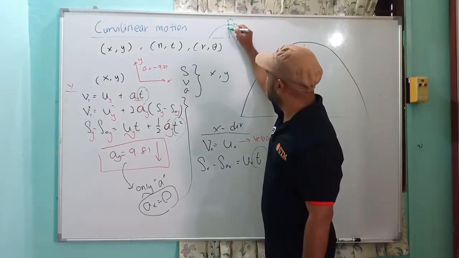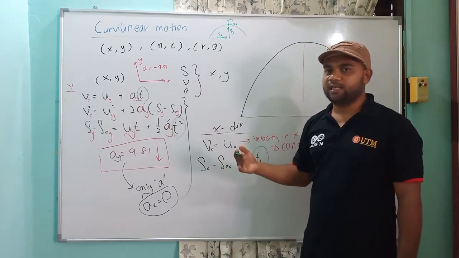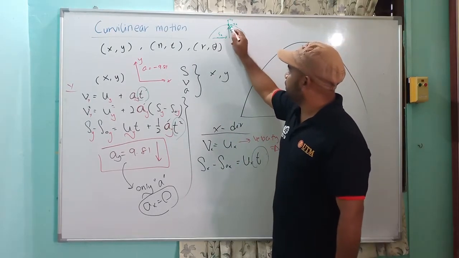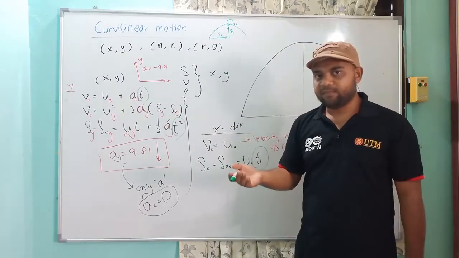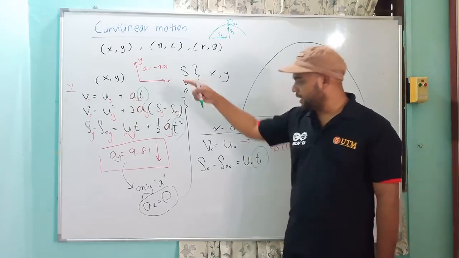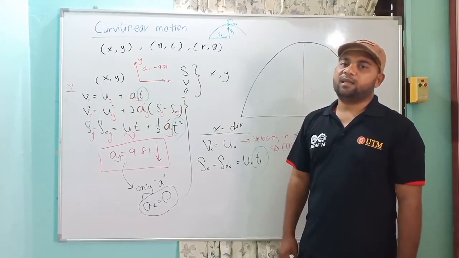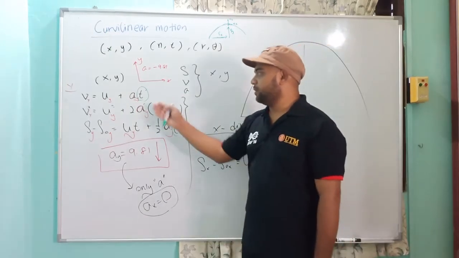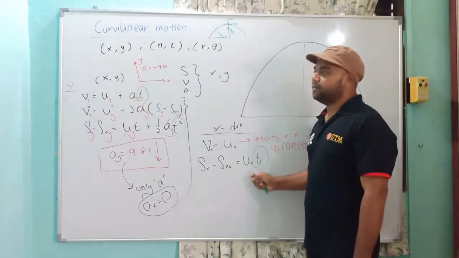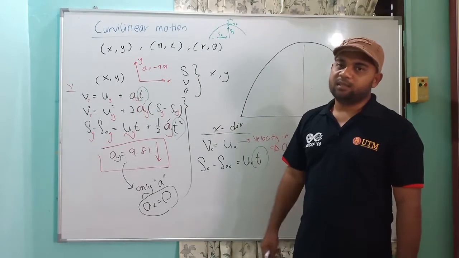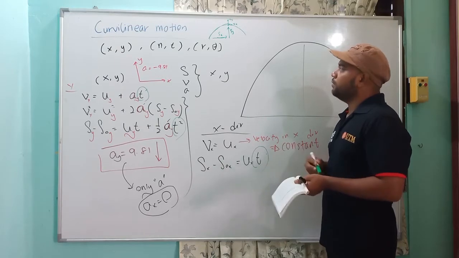This is the displacement sy, and this is the displacement sx, for example. So we don't have a link, but it is the same object with only one component, so it arrives at this point at the same time. So the t must be the same. The thing that links between these four or five equations is only the time. Sometimes you are required to find something here but you don't have the time, so you can go to the x direction first, calculate the time, put that in the other equation, and then you have the result from there.